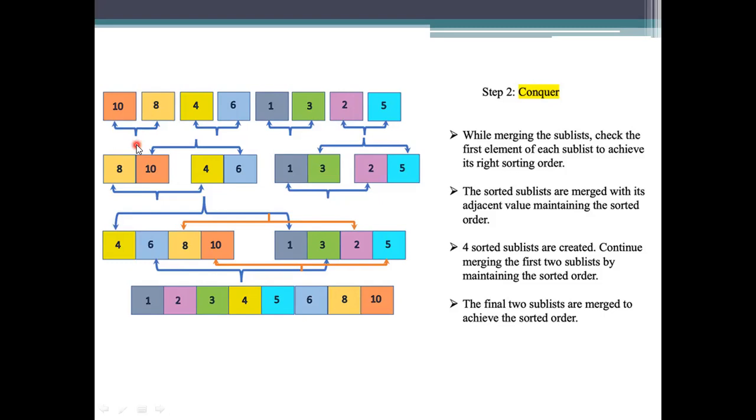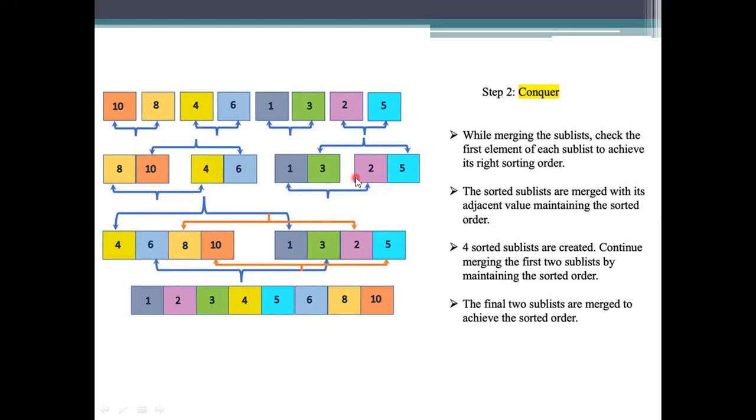If not, just merge them. Here there is no need to shuffle, and here also. We are just shuffling the places of 10 and 8 because they are not in sorted order. Now the elements we have are 8, 10, 4, 6, 1, 3 and 2, 5.